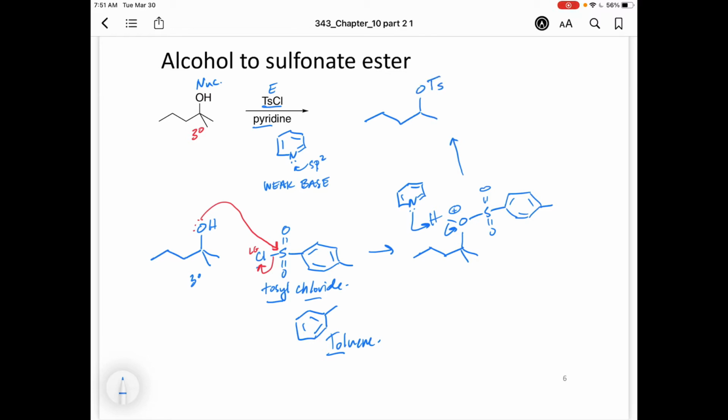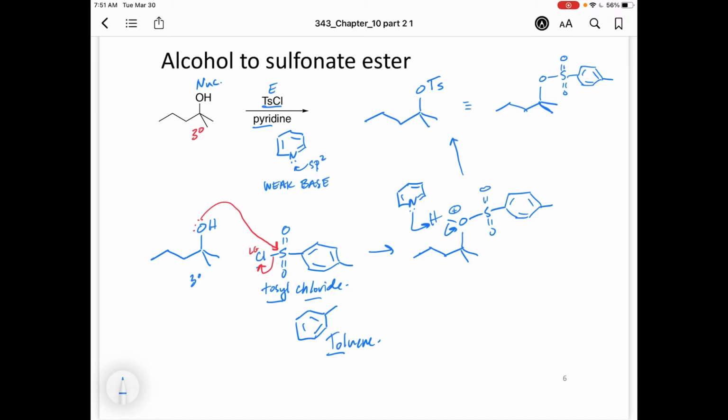I'm going to write TS. This is equal to that huge leaving group, this sulfonate ester. You are welcome to write TS as your product there, but you do need to draw out the structure if you're drawing the mechanism so that we can show that